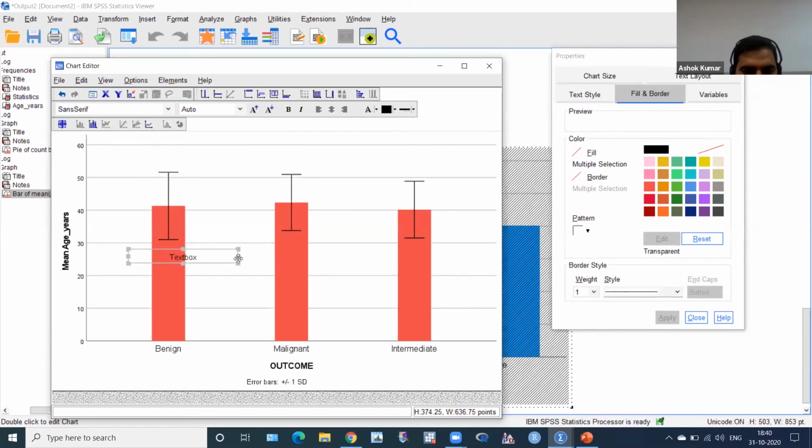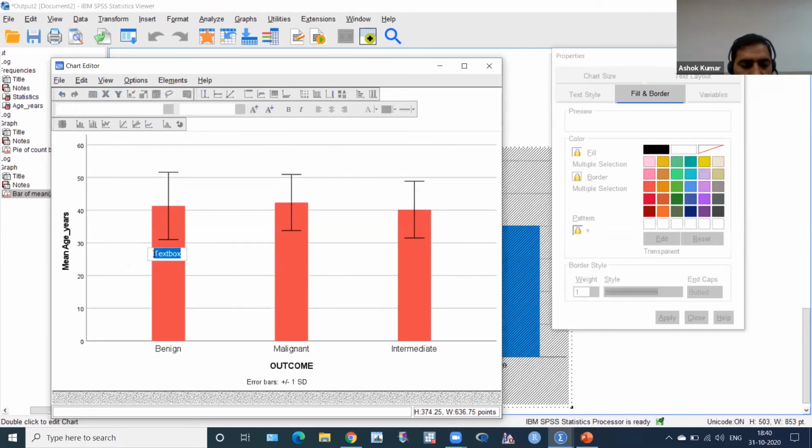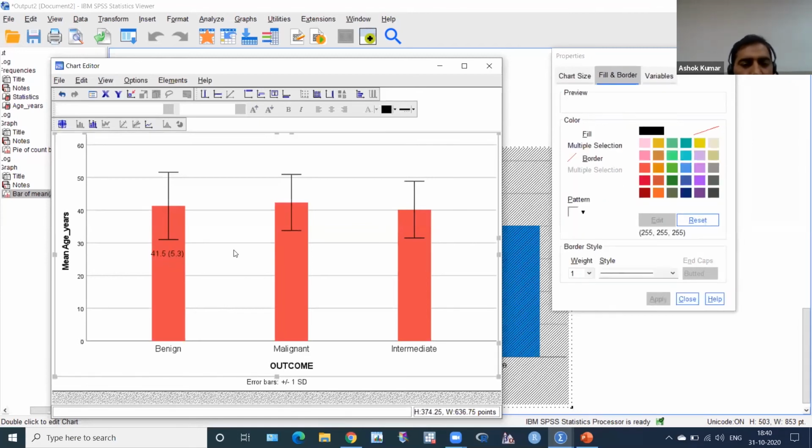Then you can change it according to what you like. Suppose 41.5, okay, in brackets SD, suppose 5.3, and in brackets, you can get it, no problem.